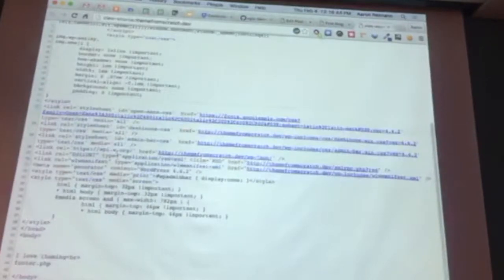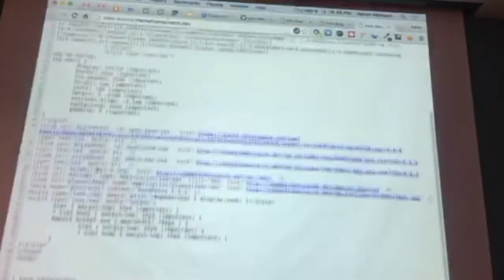Nonetheless, you've got to have that in there because it's going to call in all the stuff needed by plugins and the theme. And if you're doing your style sheet correctly, it won't load without wp_head. Right. And I'm going to go ahead, because wp_head exists, I'm going to go over here to,